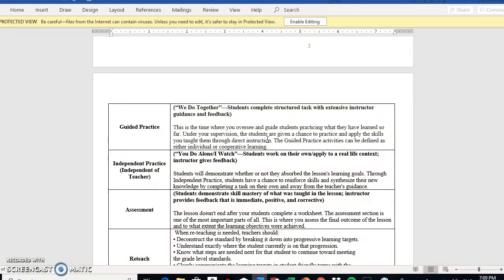And then for the independent practice, the independent of teacher, you do alone, I watch, students work on their own and apply to a real life context, and the instructor gives feedback. Students will demonstrate whether or not they've absorbed the lesson's goals through independent practice. Students have a chance to reinforce skills and synthesize their knowledge by completing a task on their own and away